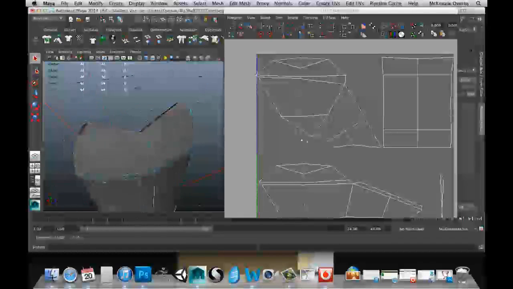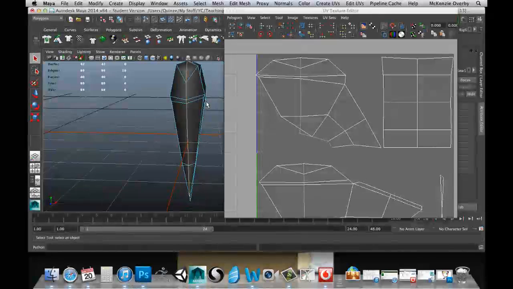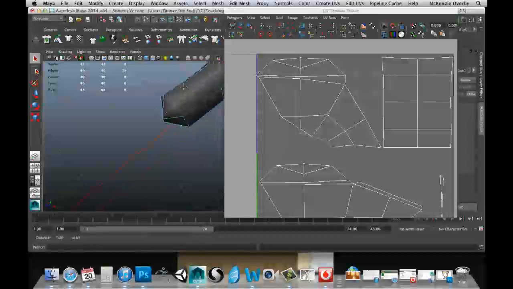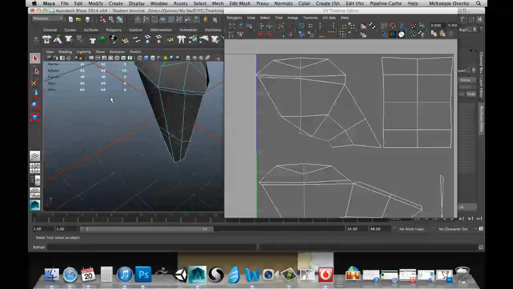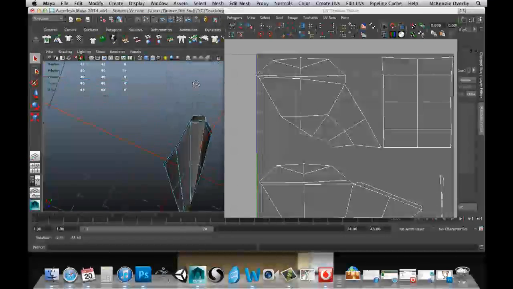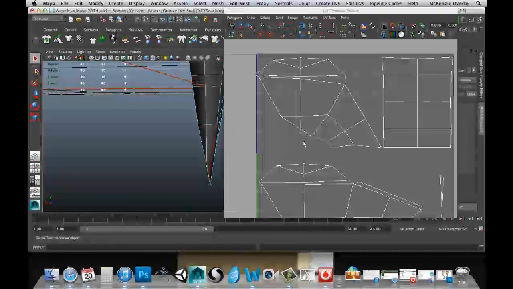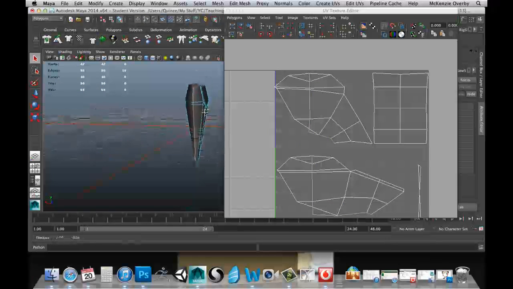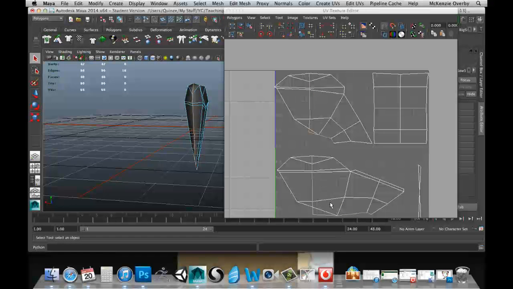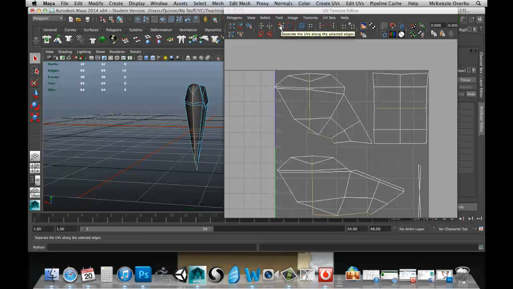It's pretty simple to do that. All we need to do is grab all those edges all the way around the tooth, just like I have. Make sure you get all of them, so double check and take a look around. Once you have all of those selected, you can see them highlighted here. You can just come up right here to this little tool. It's the Separate UVs tool, or Cut UVs tool, whichever you prefer, and it's got a little picture of scissors. You're just going to click on that,